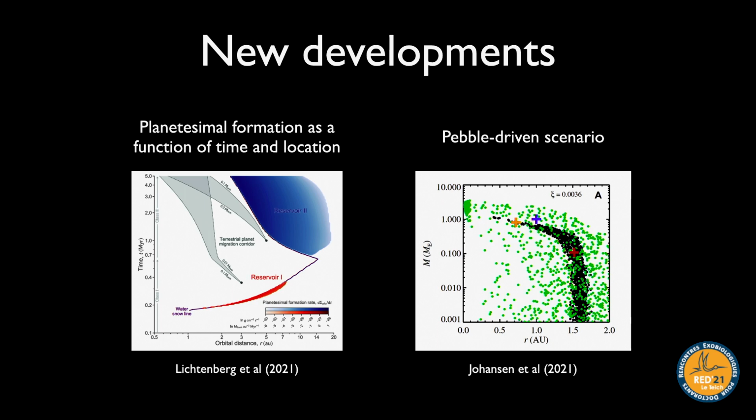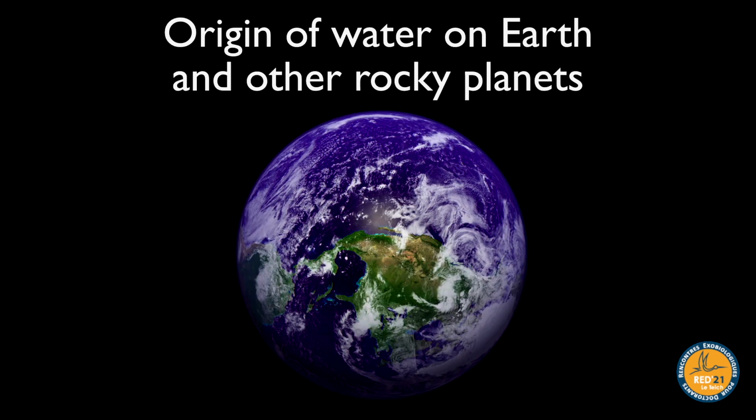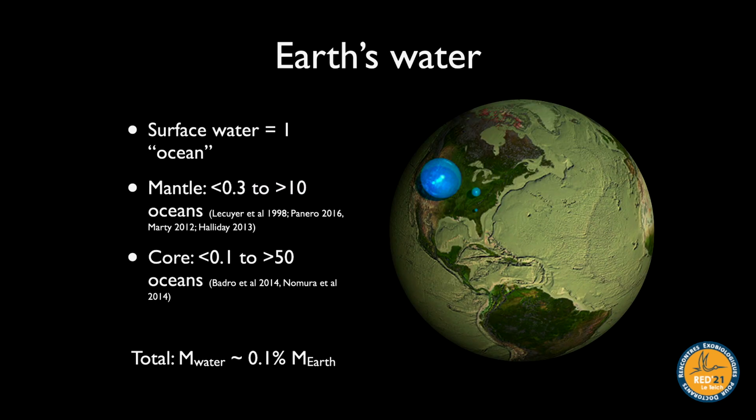Okay, so now let me talk about the origin of water on Earth and other rocky planets. So, like in Jaws and such. So what are the constraints here? Well,